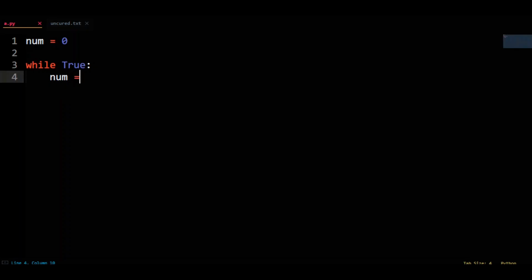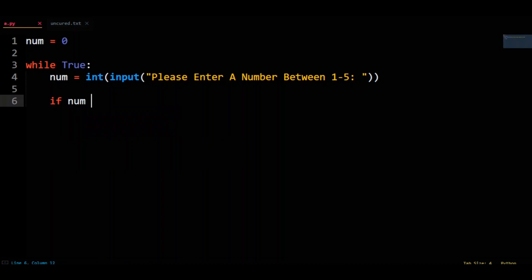Num equals int of input of string. "Please enter a number between 1 to 5." If num less than 1, print